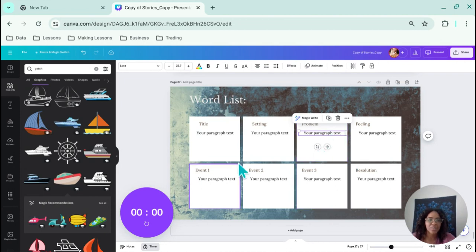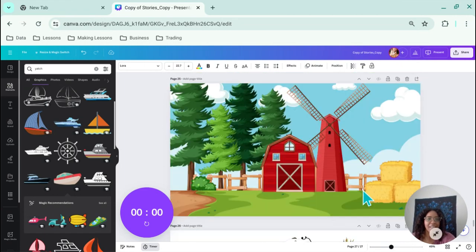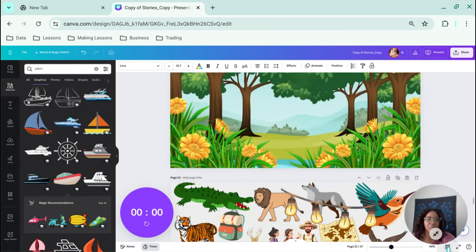Once all of this is filled up, we have the problem, and then I go to the resolution or solution. And then, what happened in between these two parts? This is the problem. Okay, so what led up to that? What led up to that? What led up to that? And then finally, that's what happens at the end of the story. And then how are your characters feeling in the story? And how are they feeling as the different events change? We talk about that. And then once all of these boxes are filled in, I go back to the original slide